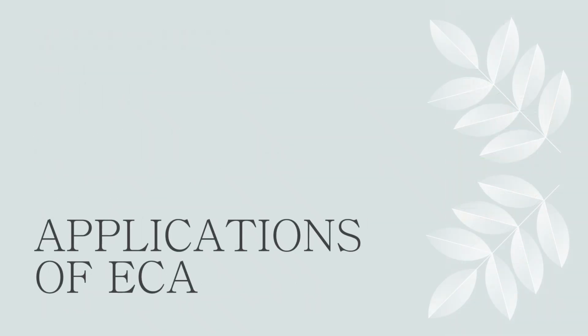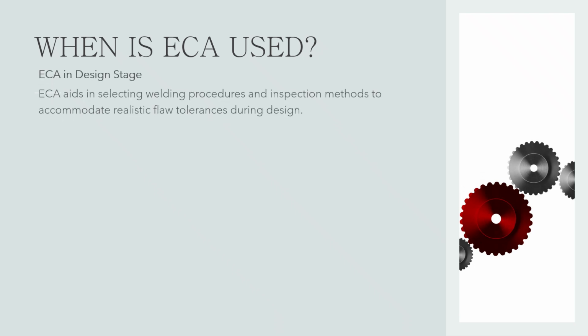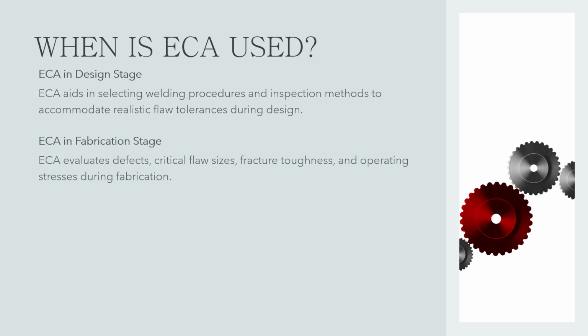When is ECA used? ECA is applied at different stages of components' life cycle to ensure structural integrity. During design stage, ECA assists engineers in selecting appropriate welding procedures and inspection techniques, ensuring that the design accommodates realistic flaw tolerances. In fabrication stage, ECA evaluates the significance of known defects that do not meet fabrication code requirements, determines